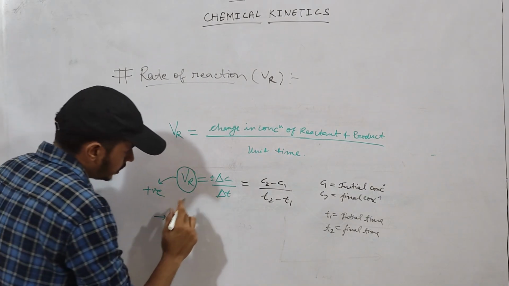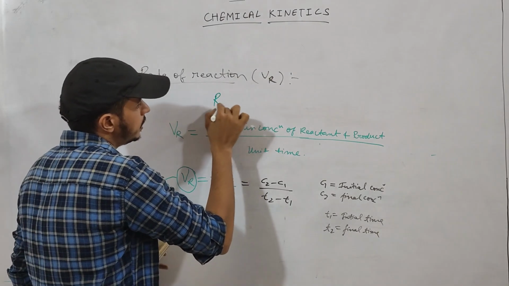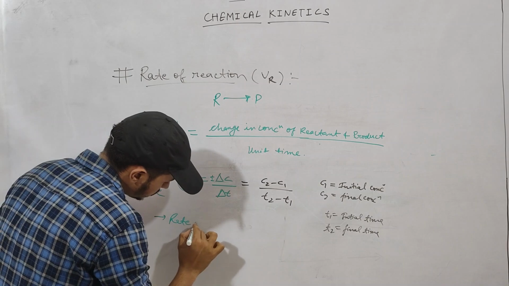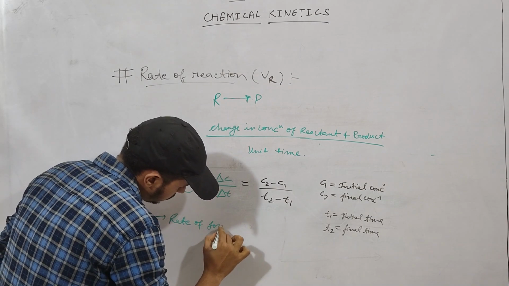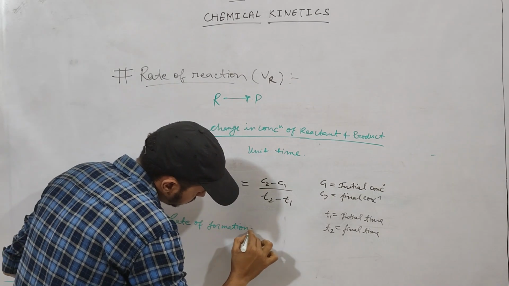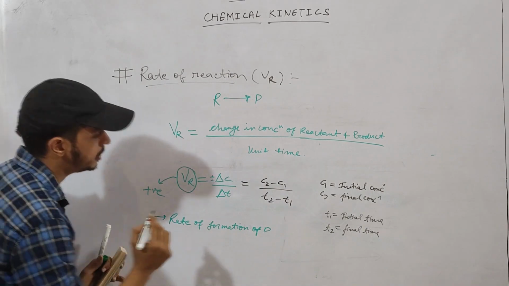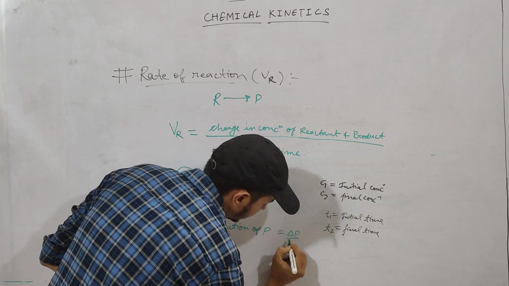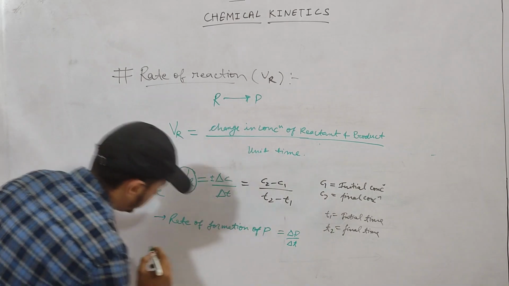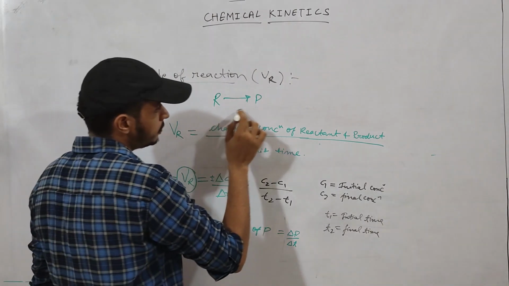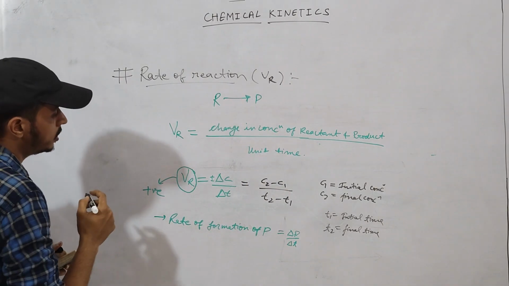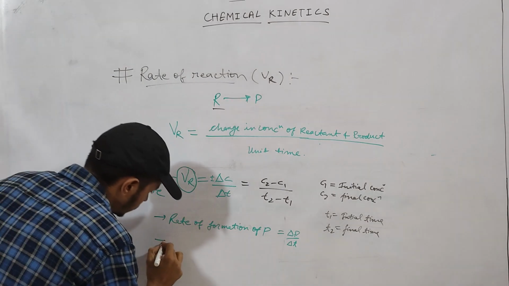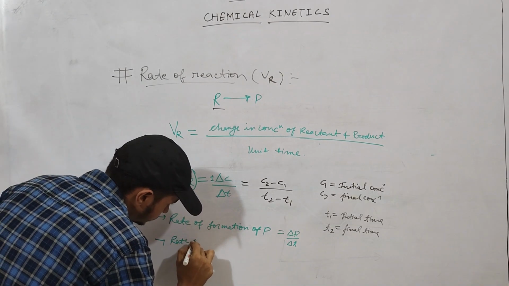See, in the rate of formation, reactant is converted into product. So there is the rate of formation of product P, which will be represented by del P upon del T. This product is being formed in the reaction and the reactant is going through deformation. So if we write the rate of deformation